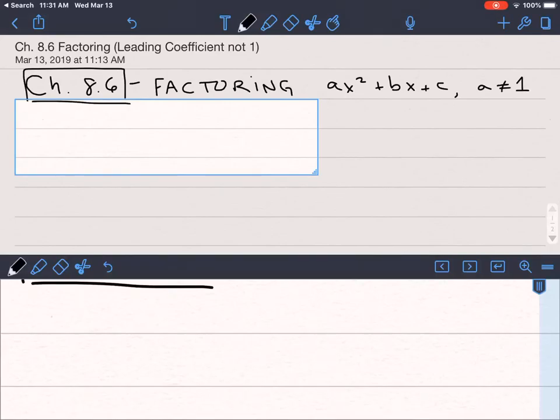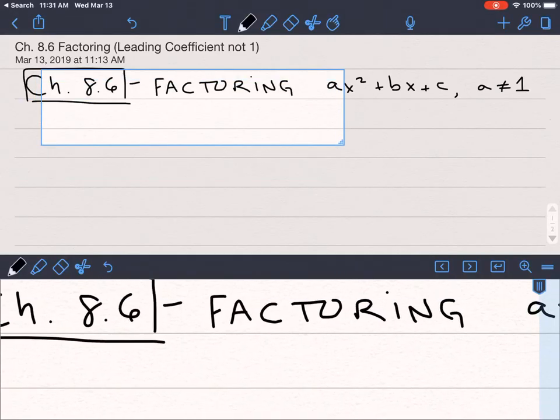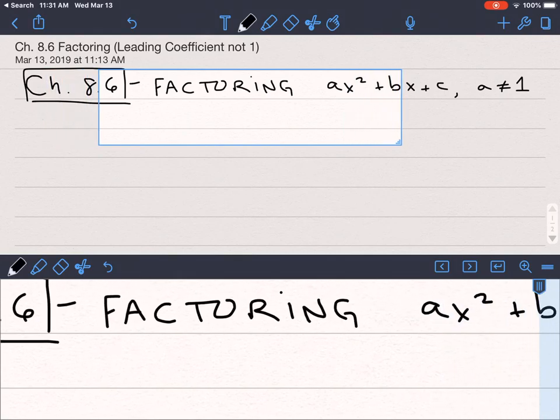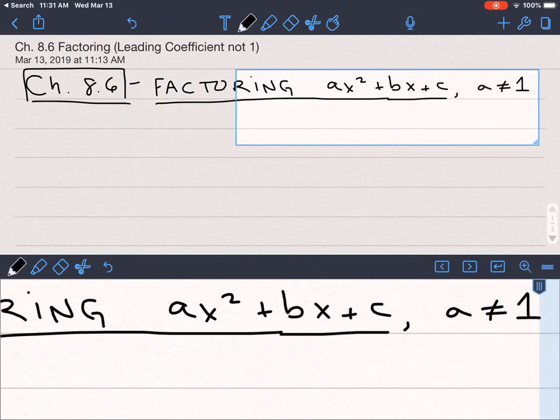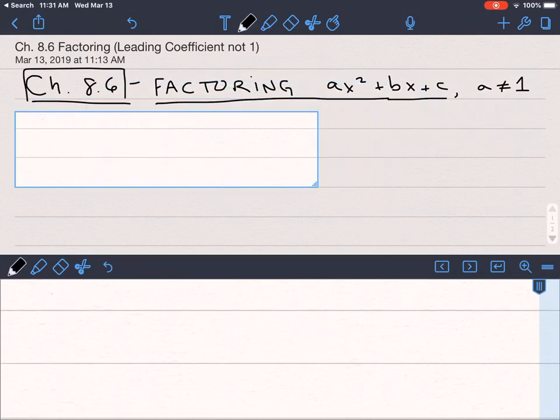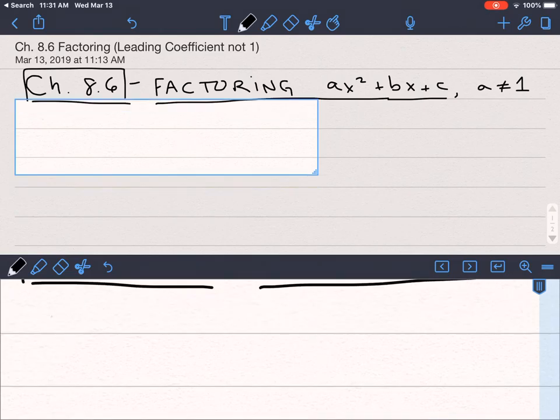Alright, so for today's lesson we're going to cover factoring. We're going to factor our trinomials ax squared plus bx plus c, which we've done in previous lessons, but today we're going to take a look at what happens when your a value is not 1. We have done some of these in the past, and it does rely on similar factoring techniques. So we'll start with